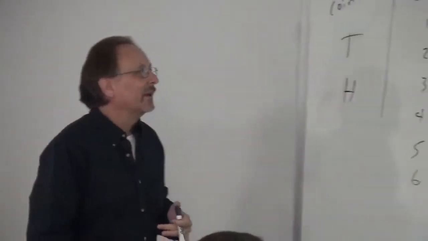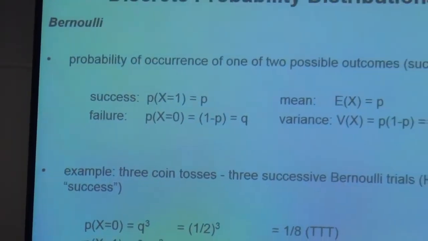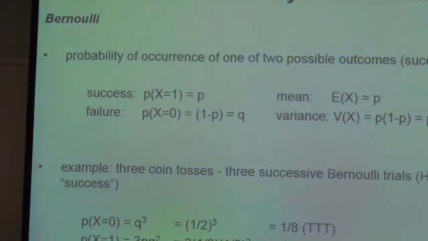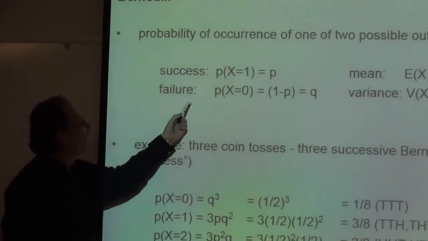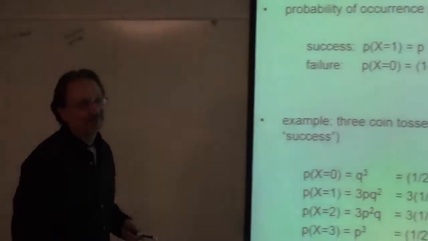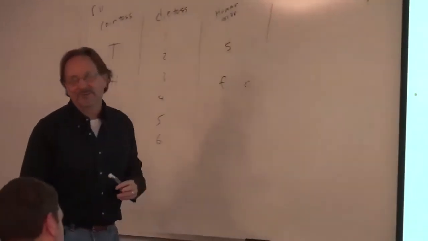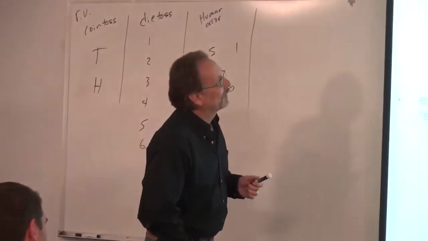So let's talk about our first and the simplest of all the distribution functions, and that is the Bernoulli distribution. The Bernoulli distribution is the simplest because it's a single event with 2 possible outcomes. So it's P and Q. The probability of a success is P, and the probability of failure is 1 minus P, or Q. And that is the convention. P is success and Q is failure. There's nothing that says that it has to be that way, but it is.